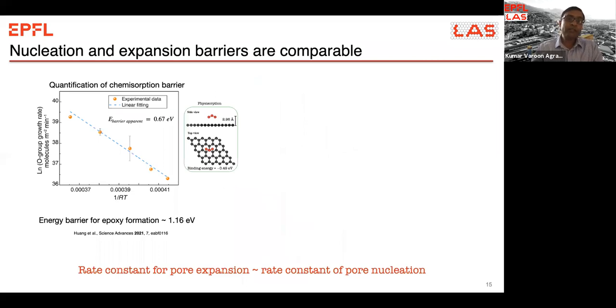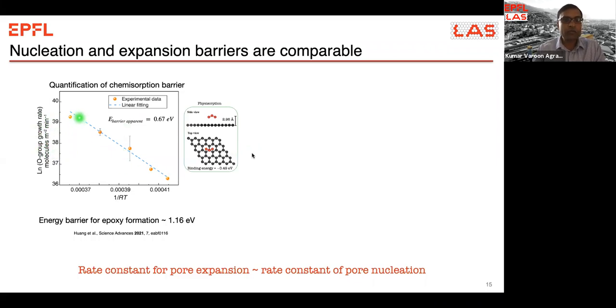Okay, so we started to look at what happens in terms of nucleation and expansion, right? Remember I explained the physical method, which was the bombardment of energy beams onto the graphene lattice, where the energy barriers were very different for nucleation and expansion. So to measure what happens with ozone, what my students did was essentially expose graphene to ozone at different temperatures, and plot the rate of buildup of the epoxy group, and all the oxygen functional groups, on the surface. So you see molecules per meter square per minute. We normalize it with the time of the treatment as well.